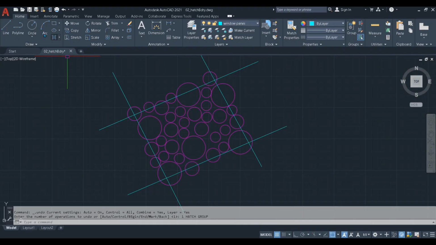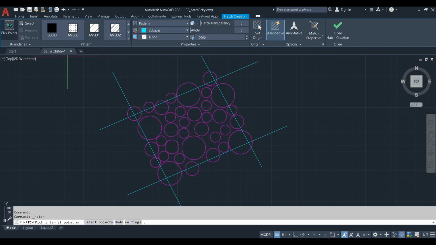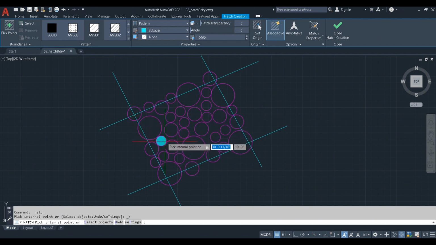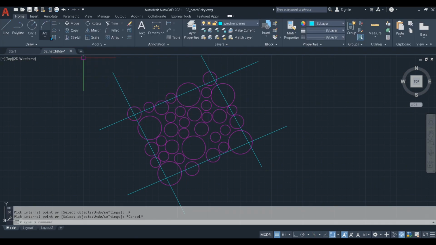I'll launch my hatch command, and by default, AutoCAD uses the Pick Points method of finding a boundary. Here's the problem. When I place my cursor inside this area, you can see that AutoCAD is hatching around all the circles. Now, you might think that we could move up and use the Select Boundary Objects method to identify